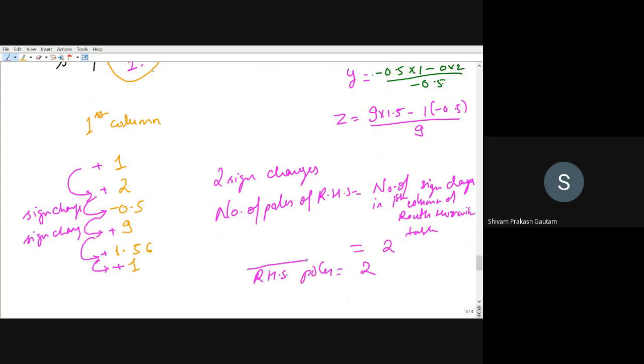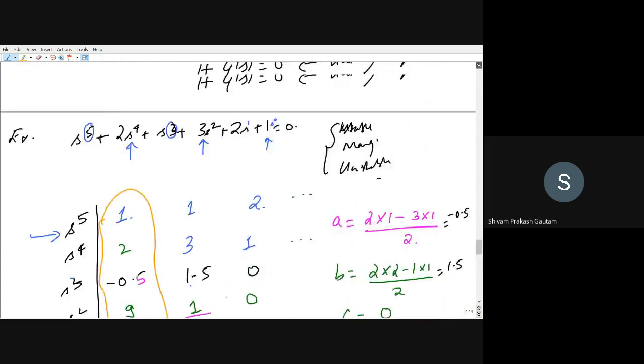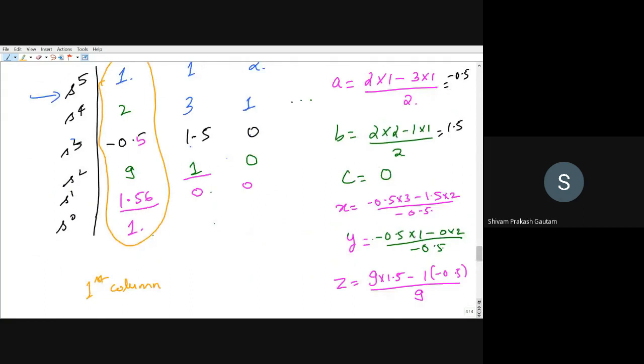And from the previous discussion, we know that if any poles are on the right hand side, that system is unstable, right? So this is the condition. Since there are 2 poles on the right hand side, the system will be unstable. So the characteristic equation that we have for this example corresponds to an unstable system. I hope this is clear to all of you. We will take one more example shortly. So this is the condition for an unstable system.